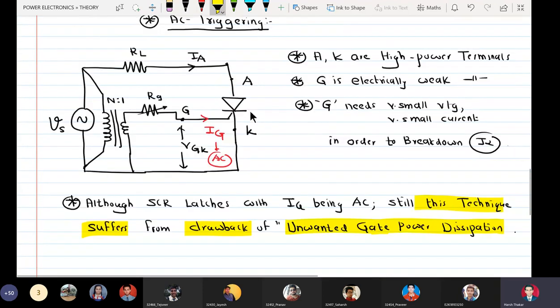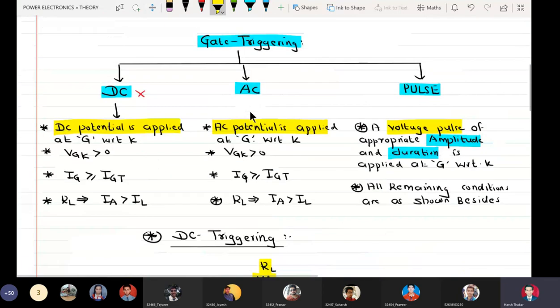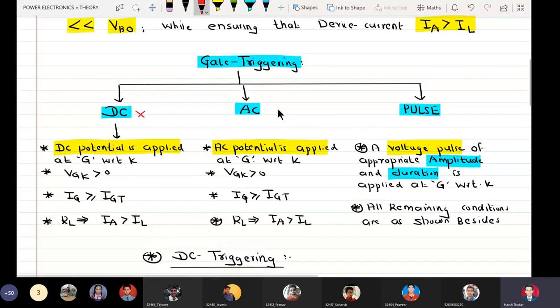So what is the conclusion? The conclusion is that AC triggering is also not used.